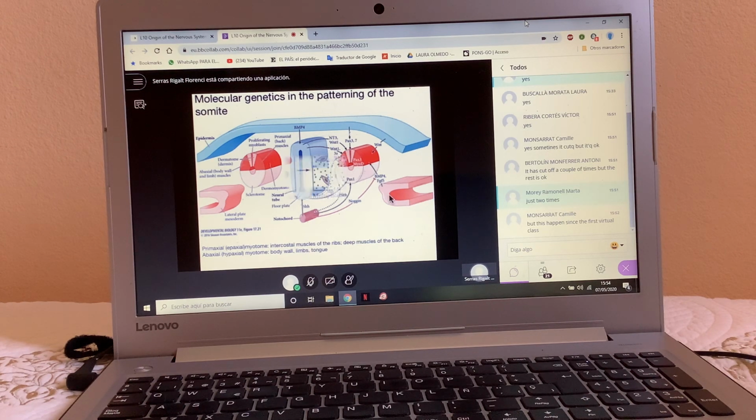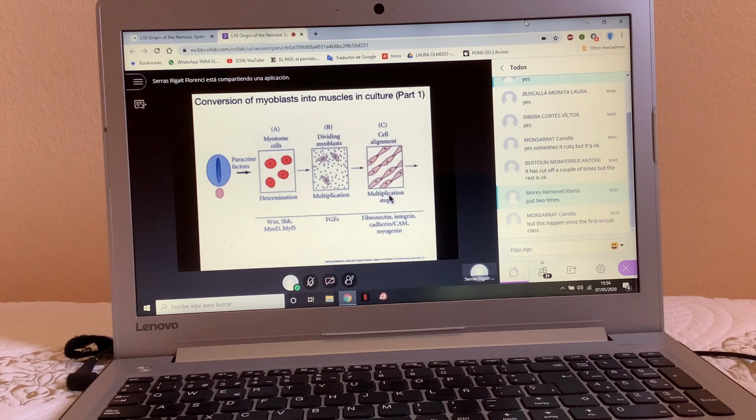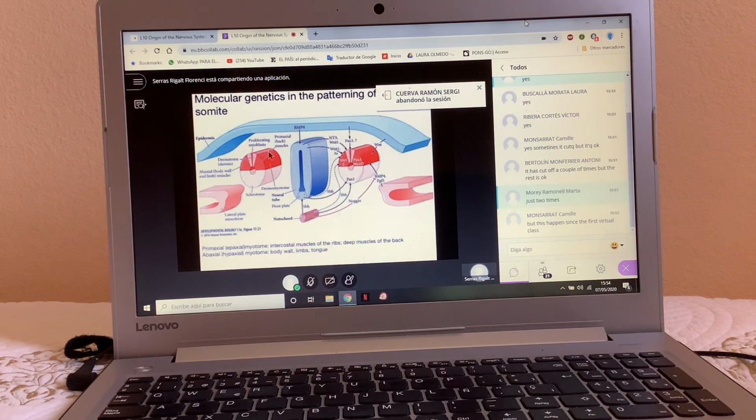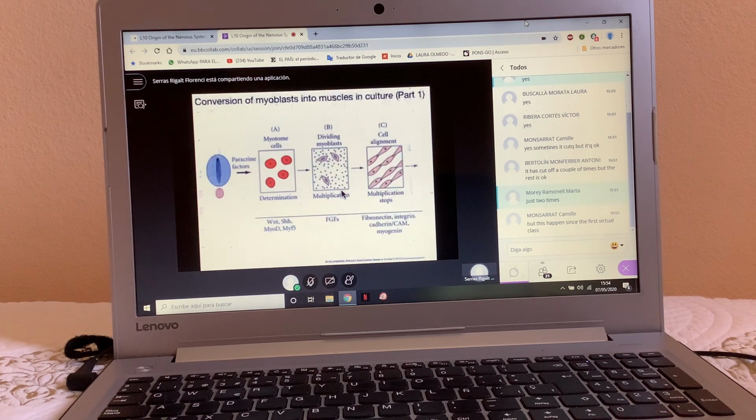Now, let me tell you a few things. I would like you to have a very quick picture of what is happening during differentiation. What we have seen now, I'm going to tell you just the example of differentiation of the muscles, but it is very similar in the rest of the organism. So here we have the myotome cells, and the myotome cells are those cells that are determined by the signals